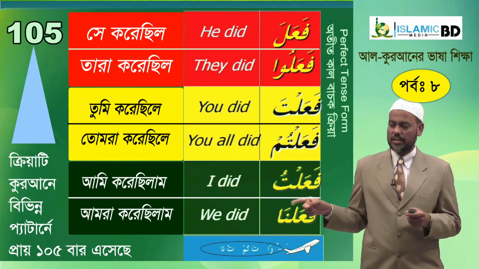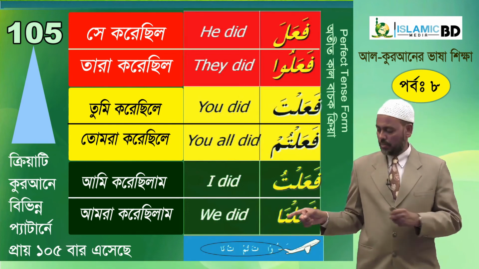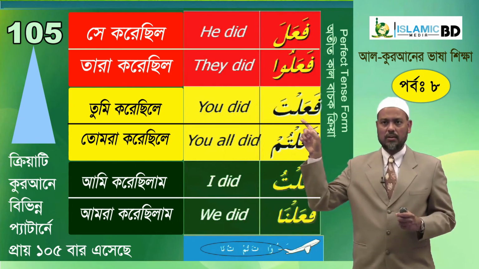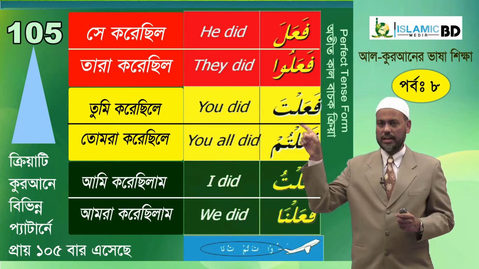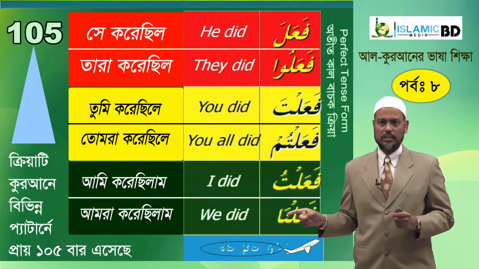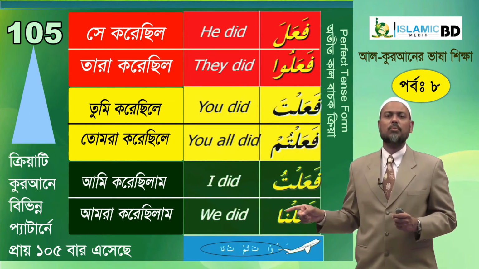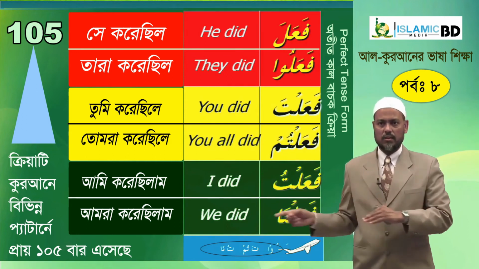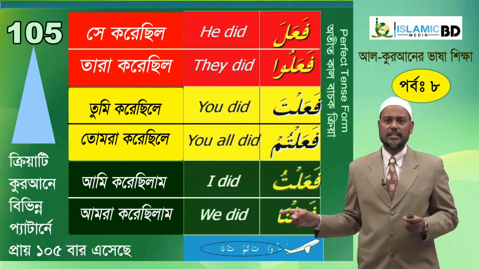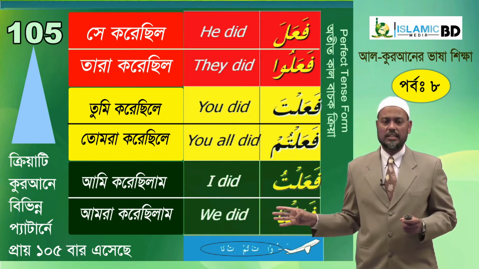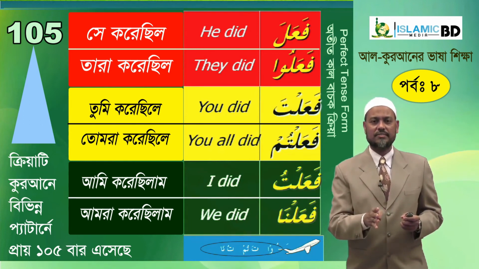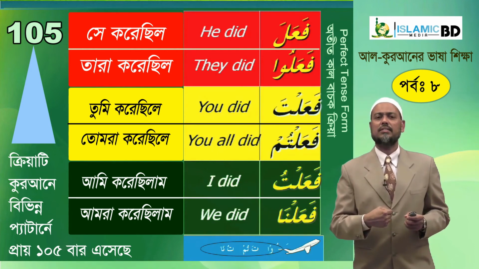Show your right hand to the right side, just like we did for huwa, hum. But this time your hand should be horizontal, because for the imperfect tense, mudari', the present and future, we will use our hand at a higher level. So fi'l madi, the past tense, or perfect tense to be more precise, will be shown like this with our hand horizontal. Again: fa'ala, he did; fa'alu, they did; fa'alta, you did; fa'altum, you all did; fa'altu, I did;